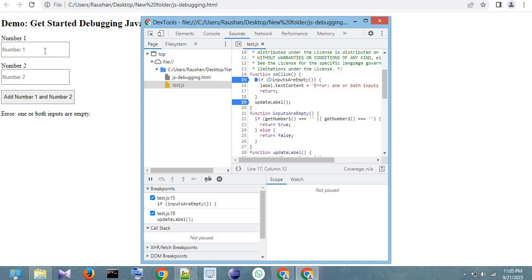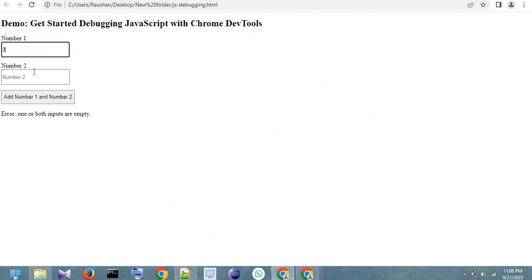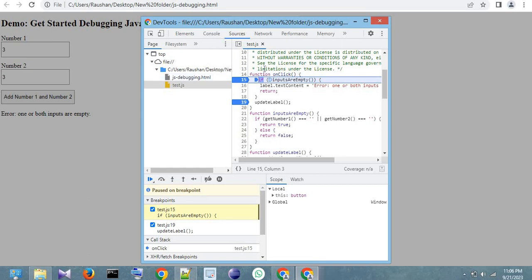Okay, now we will put some numbers here, 3 and 3, and then try to add. Now if you see, it will not go inside the inputs-are-empty branch, because we already know that inputs are not empty. So it will go further. It is false because both have values, so it is going directly to the update level. Now we want to go to the update level. So again, if you do